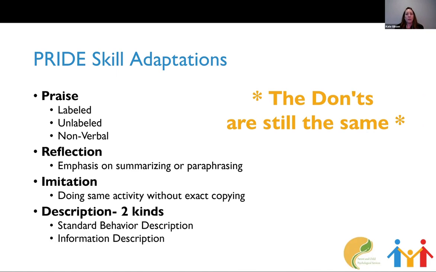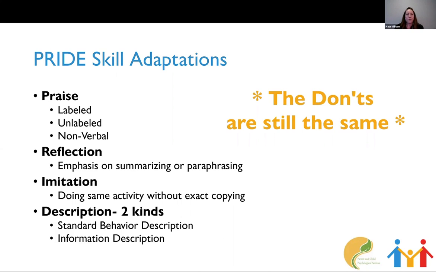Developmentally, kids respond better at this age when it's unlabeled praise, labeled praise, and nonverbal praise. So they're going to mix that all up together, and nonverbal meaning like a fist bump, a thumbs up, high five, or just excitement. We want that physical nonverbal praise woven in as well, so that the interaction just feels authentic to the child. When it comes to reflections, rather than focusing on repeating the words exactly, we really want parents focused on summarizing and paraphrasing what their kids are saying, so that, again, we're staying developmentally where these kiddos are.